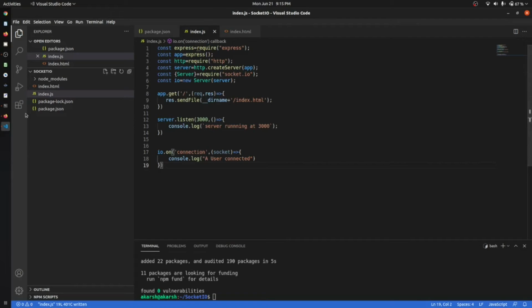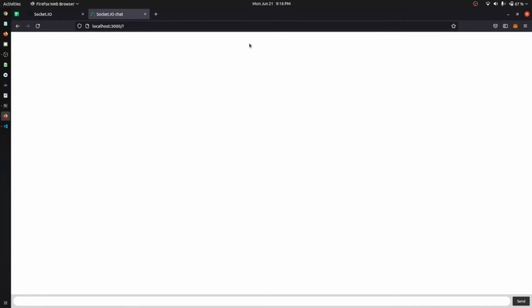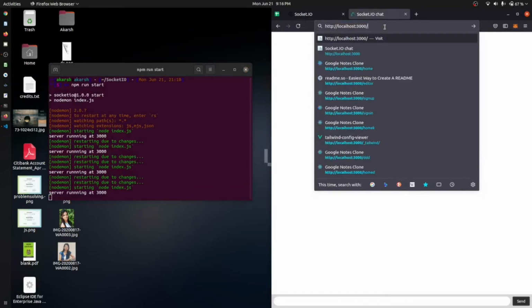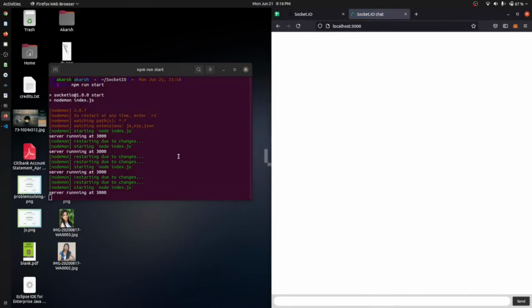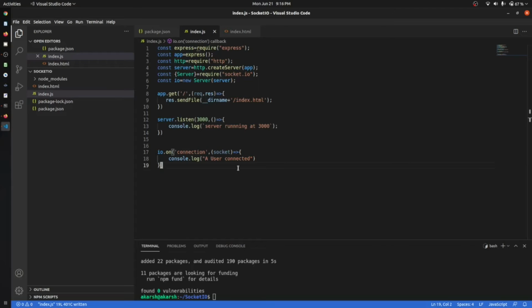Let me save it. We don't receive any message here, but let's come to this point. Let me do it something like this, and let's just remove this part and rerun it. We haven't received any message yet. Why is that? Let's check. We haven't received this because we have not included our socket.io in our HTML part.